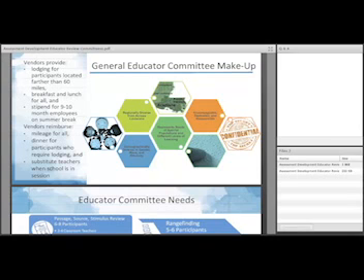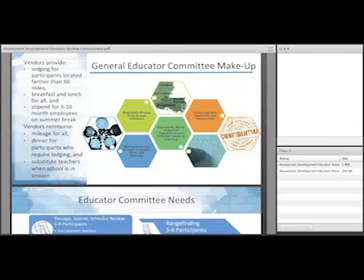Oftentimes, when we reach out to supervisors for recommendations for participants, they want to recommend the nice, shiny teacher who's been teaching for 20 years, who teaches all honors kids, and that's great. That's a perspective that we need. But our committee needs to be well-rounded, and it can't all be teachers like that. We need teachers who are teaching economically disadvantaged, primarily economically disadvantaged students.